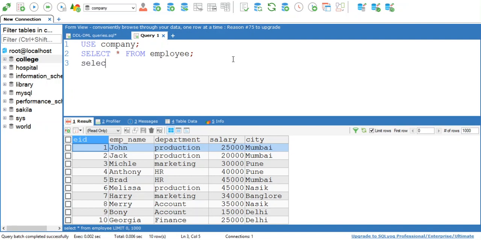So first I want to count the number of employees in a company. So I can simply write select count, in brackets write any attribute name, that is employee ID, from employee. I want to count the number of employees in the table. So I have simply written the query select count employee ID from employee.